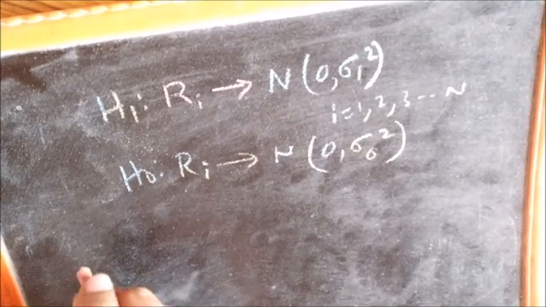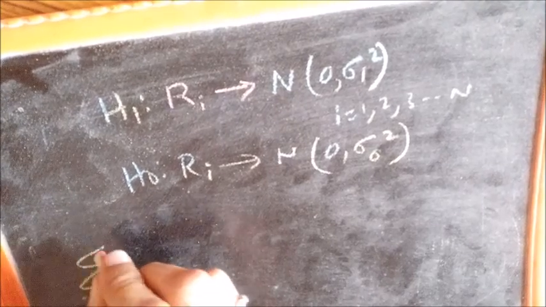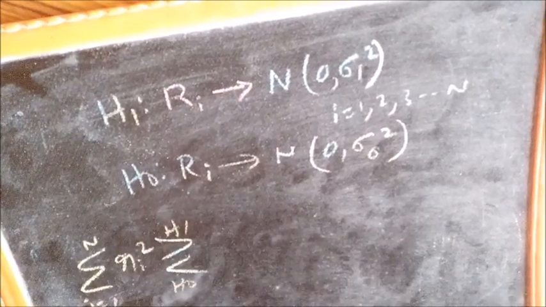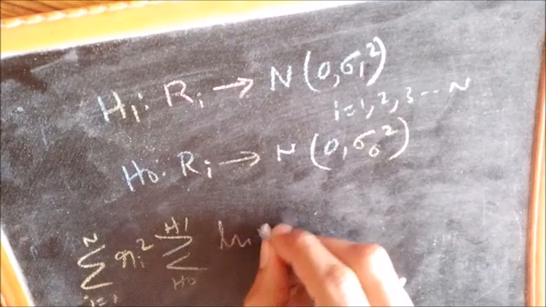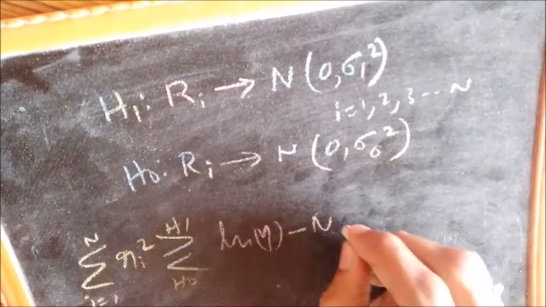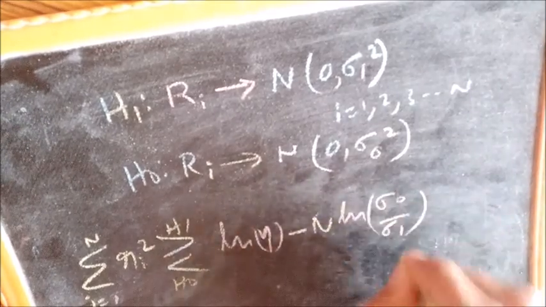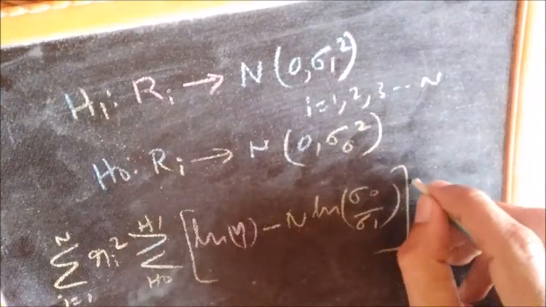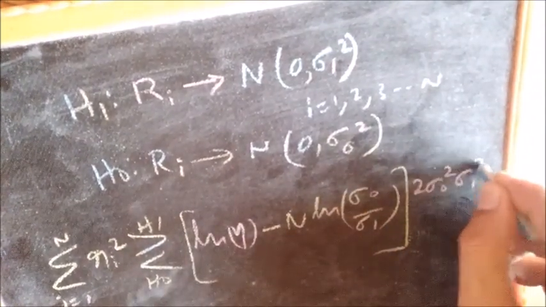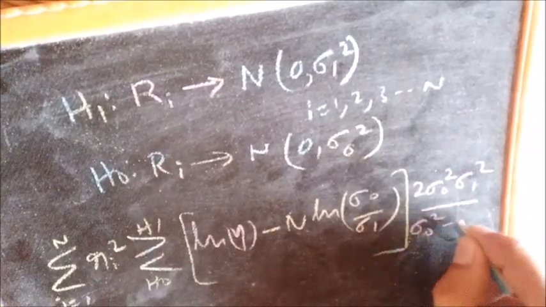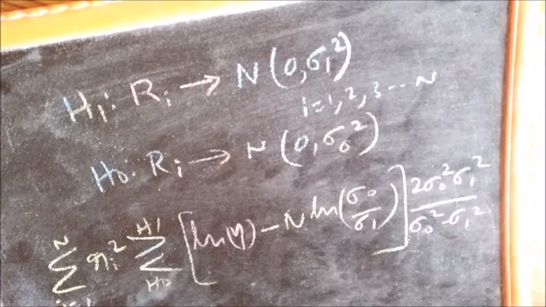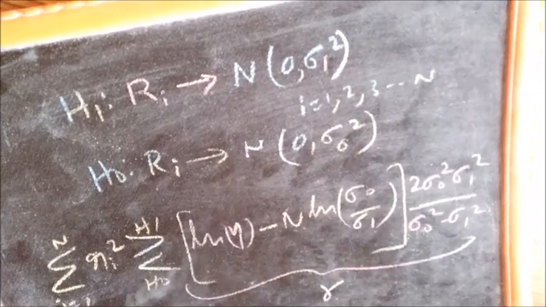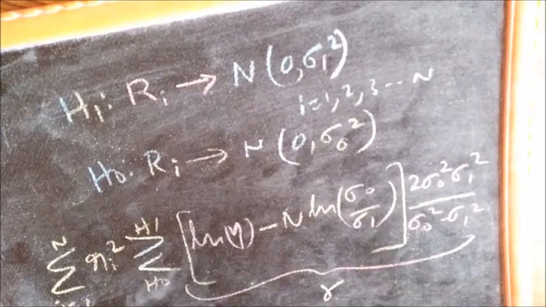So develop a decision rule, and you are supposed to get this as the answer. You can get back if you don't get this as the answer. I will work it out again and tell you whose answer is wrong. So this is gamma, and this is how the decision rule works. So that's an assignment for you.